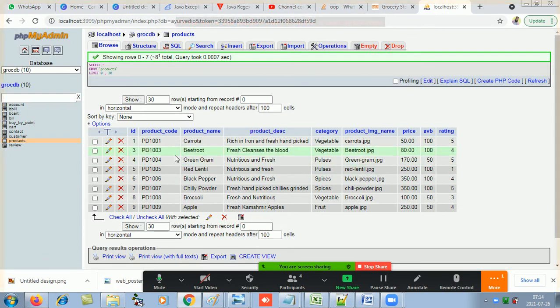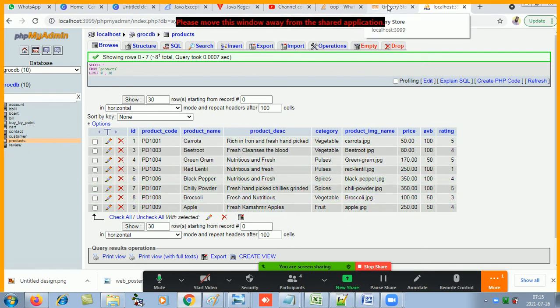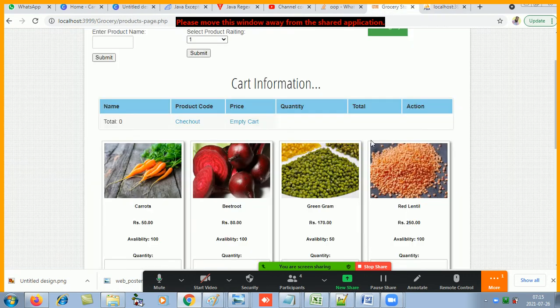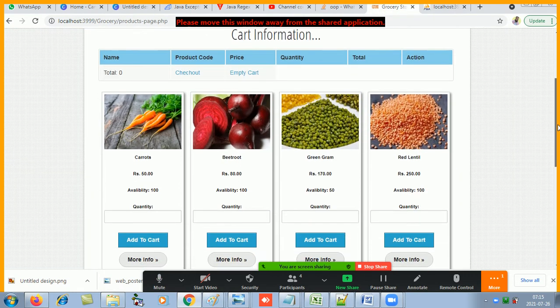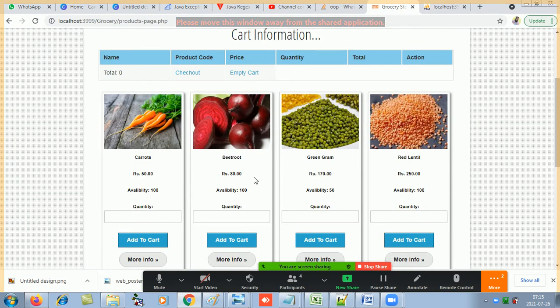Now how do I show these details to the customer? I cannot show this table, right? I have to show these details to the customer in a format which he finds attractive and understandable, right? So these very details which are there in the database will reflect on the user screen in this manner. The image will be there, the product title, price. If you observe, all these details are fetched from here.